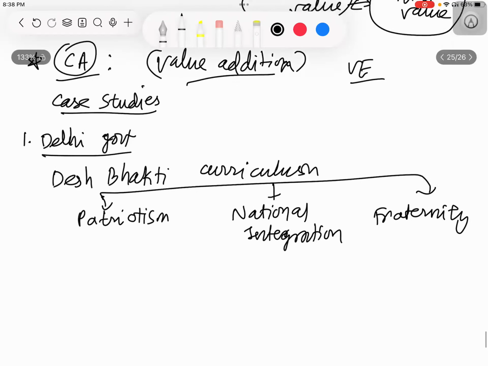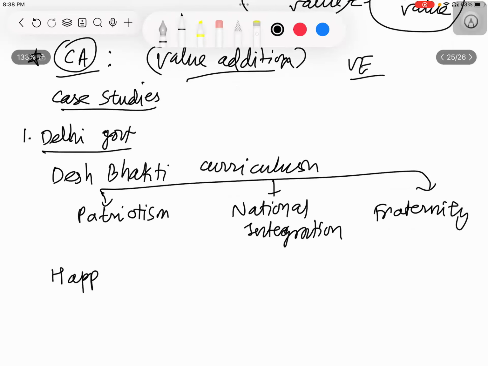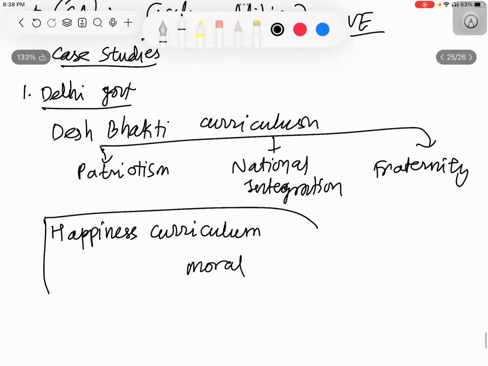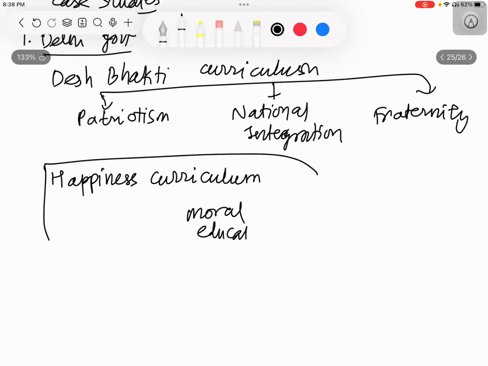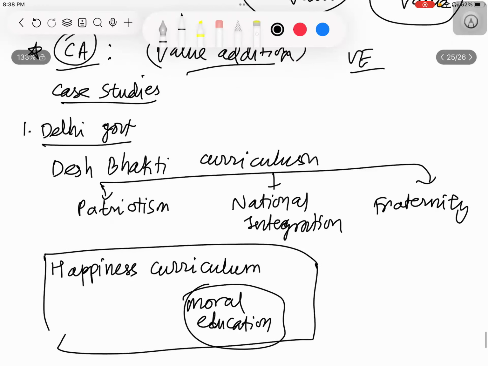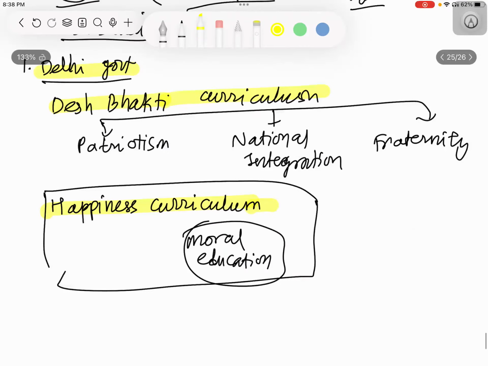In the patriotism curriculum. Similarly they also have a happiness curriculum. The happiness curriculum is a part of Delhi government schools, which is moral education also. How through moral education we can be more happy. Here you can give the example of the happiness curriculum too. So under the Delhi government these are the case studies: the patriotism curriculum and the happiness curriculum. Right. Similarly,